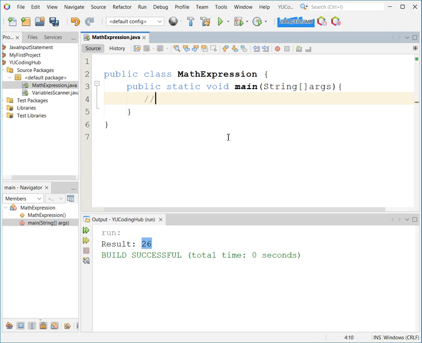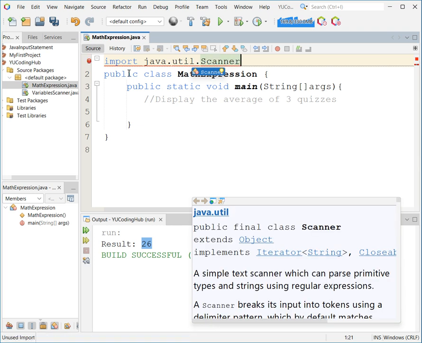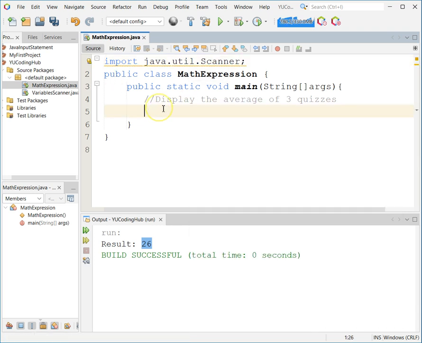We are going to code to get or display the average of 3 quizzes. Here, I'm going to accept it from the user. So for example, we are going to import java.util.Scanner. Then I'm going to declare our scanner object over here.